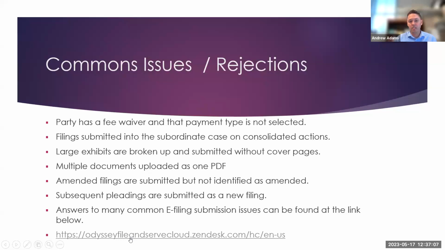Another one is large exhibits that are broken up and submitted without cover pages. I do know there is a restriction on the size of the documents you can submit. We are aware of that. To bypass that, if you have a really large document, break it up. Say this is exhibits in support of MSJ: call it exhibits in support of MSJ part 1, and the next filing has more of the exhibits behind it, part 2. Just make sure you have a cover sheet on there that the clerks can actually file.